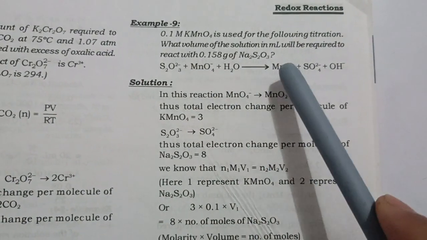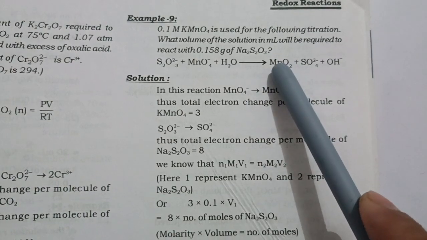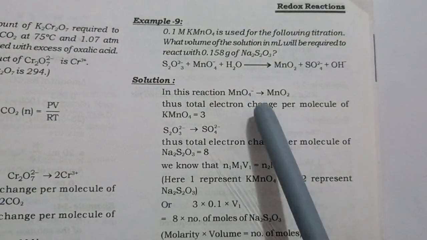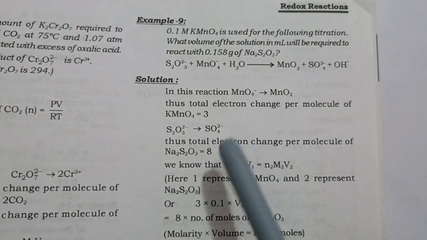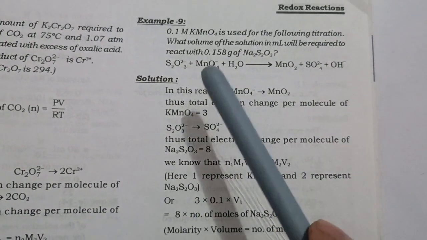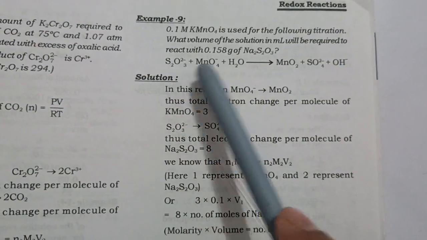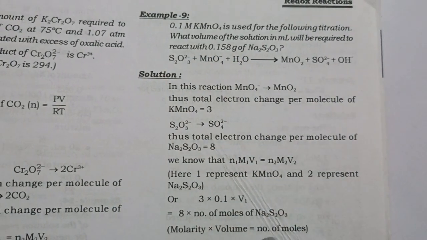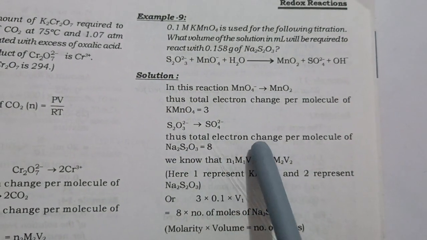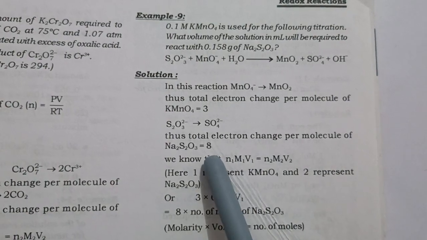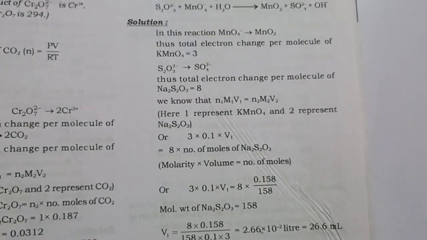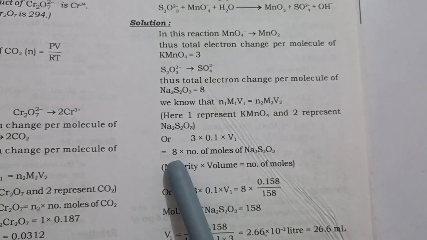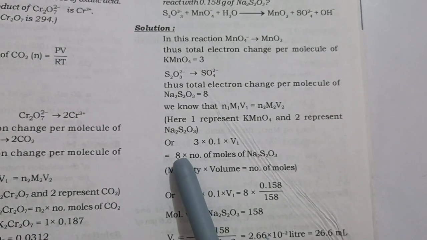Here the oxidation state of manganese is +7 on this side and +4 on that side, so the difference is 3. So the total number of electrons changed per molecule is 3. And for thiosulfate to sulfate, the total change in electrons per molecule is 8. So we will write 8 into